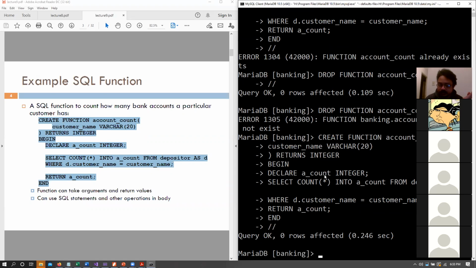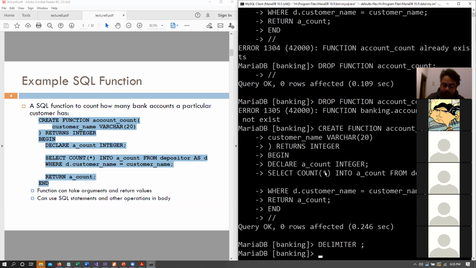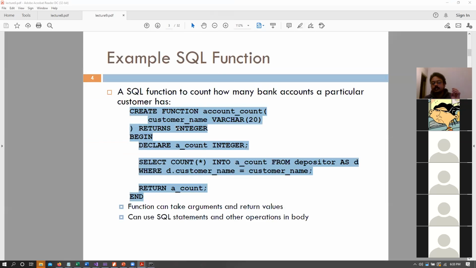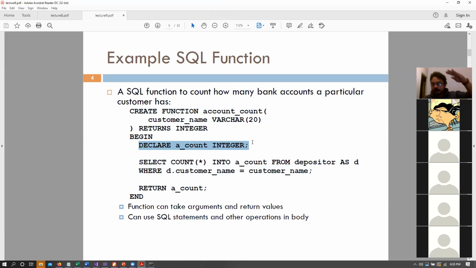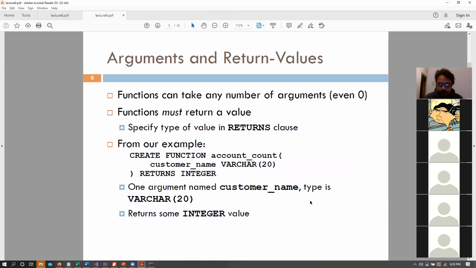Right, it has created your function, fine. And now that we have this, we need to change our delimiter back to semicolon. And now we have that function. Does that make sense? Because our function can have multiple statements or multiple lines that end with semicolons. Whenever we declare a function or a bunch of functions, before that, we would need to set our delimiter to something that we won't use, and then write our functions and then set the delimiter back to semicolon. So remember that. Welcome to SQL functions.